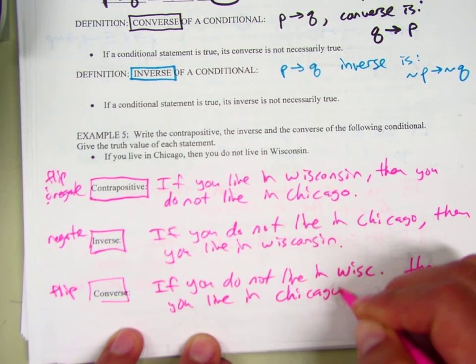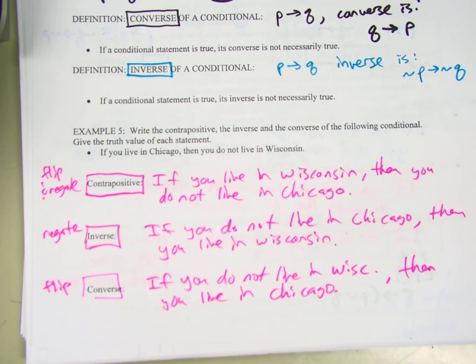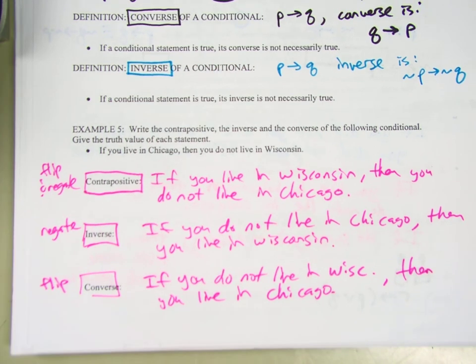And again, you can see right there why the converse is not necessarily true. Because if you do not live in Wisconsin, it doesn't mean you must be a Chicago resident. You can live anywhere else besides that. Okay? All right. Are there any questions